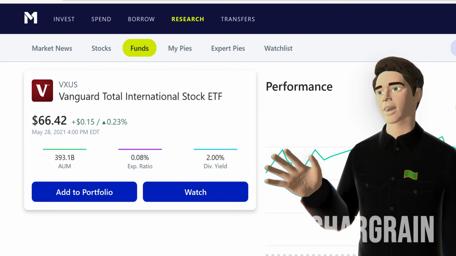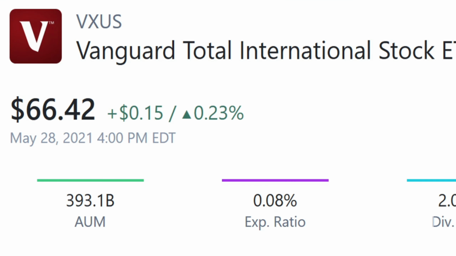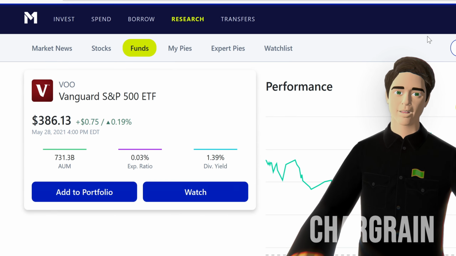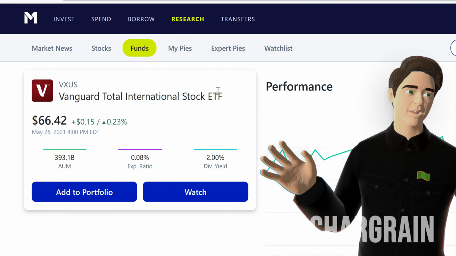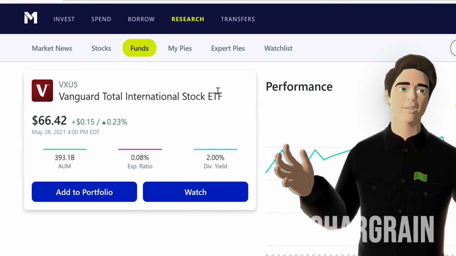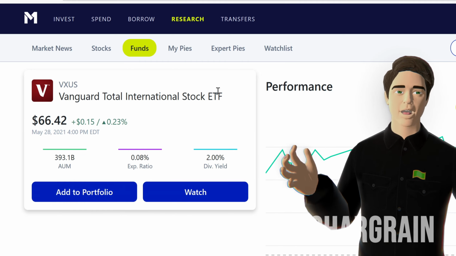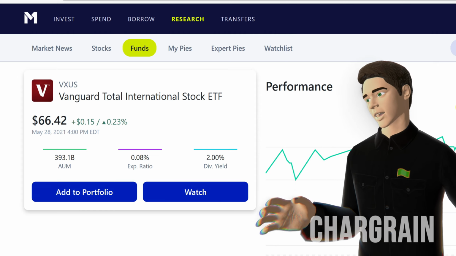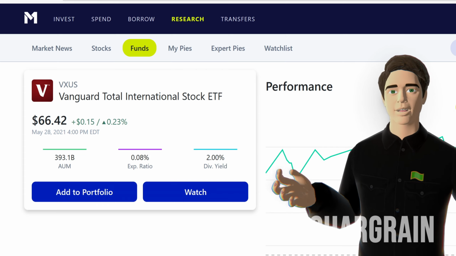There's only one downside to VXUS, and you can see it right over there, is that the expense ratio is 0.08%. And if we go to VOO, which is the Vanguard US-based ETF, you can see the expense ratio is only 0.3%. So you can see that the VXUS expense ratio is much higher, though I will say as far as ETFs go, that's a very low expense ratio. You won't be losing that much money over this expense ratio. International investing is always going to have more hurdles compared to domestic investing, and at times you are going to have to pay a premium if you want to get international assets.